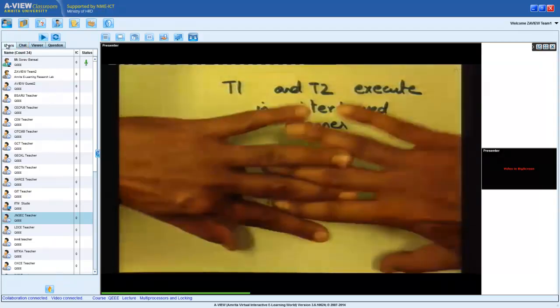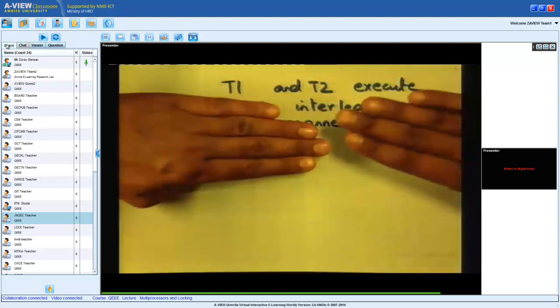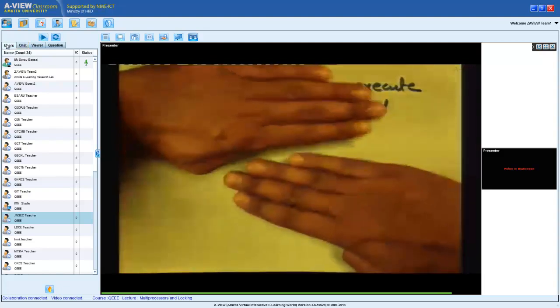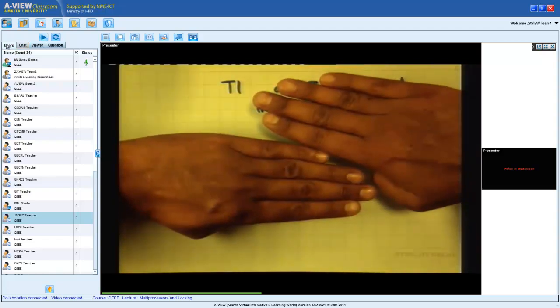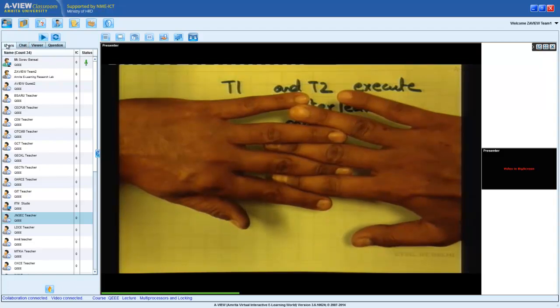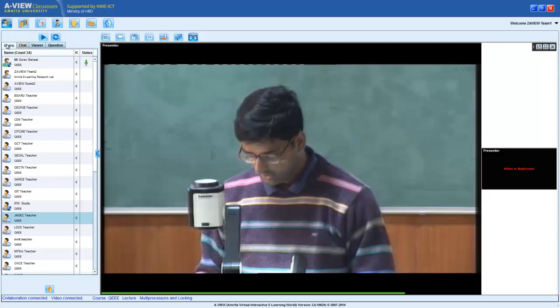Something like this, right? So let's say there are these 4 instructions. T1 executes before T2, it's this. T2 executes before T1, it's this. And if they execute in interleaved manner, it's this, right? So if they execute in interleaved manner, which is also a possibility, then what am I going to have?